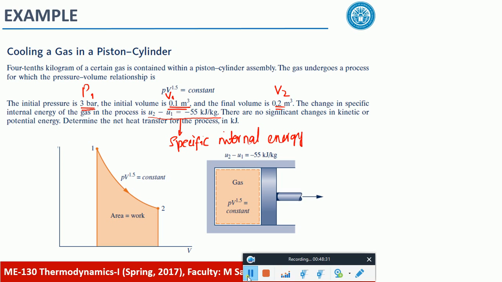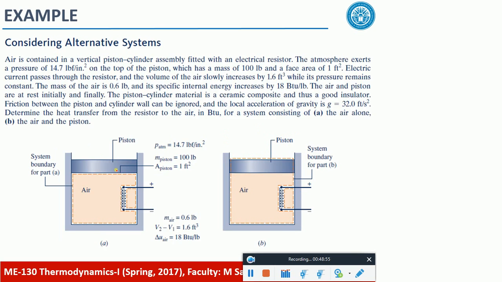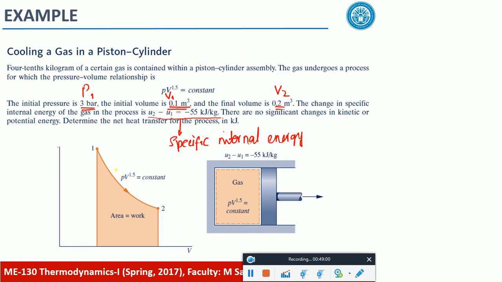So determine the net heat transfer for this process in kilojoule. And that's what I told you. By just looking at the process, by just looking at the graph, you can say whether it is going to be an adiabatic process or not. No, it's not. And obviously the last statement tells you that it is not, and you need to determine the amount of heat transferred during that process. So the point is, how do you solve it? I tried to solve this kind of problem earlier as well. So how can we tell by looking at the graph that it is adiabatic? Oh, this is PV raised to the power 1.5 equals constant. How does that relationship come?